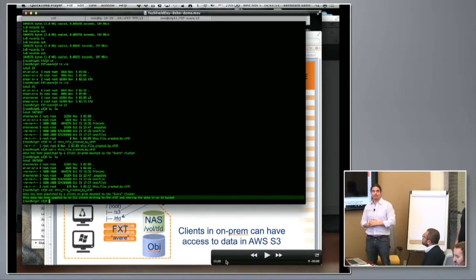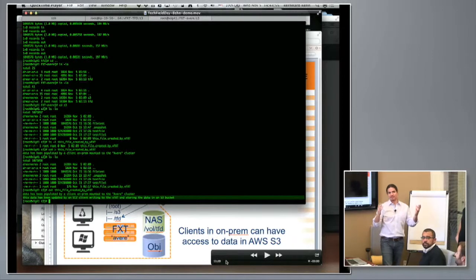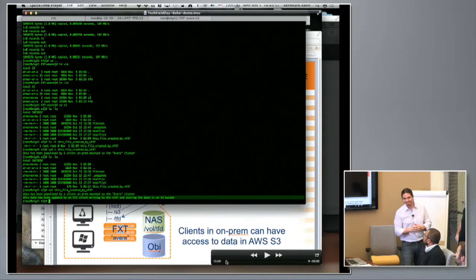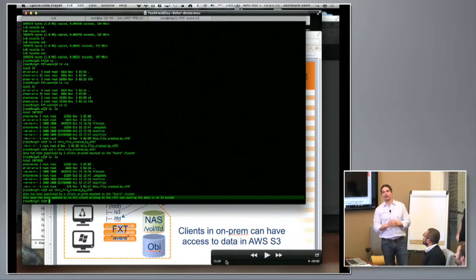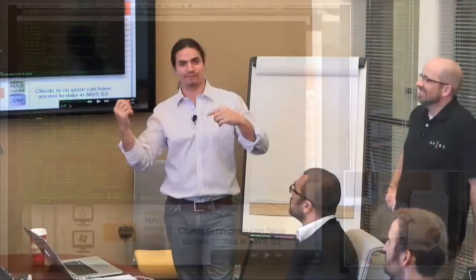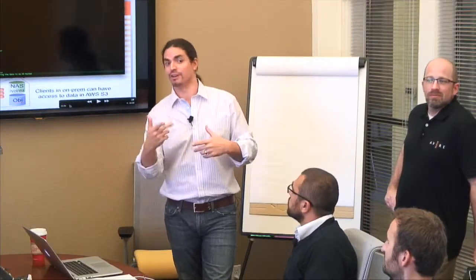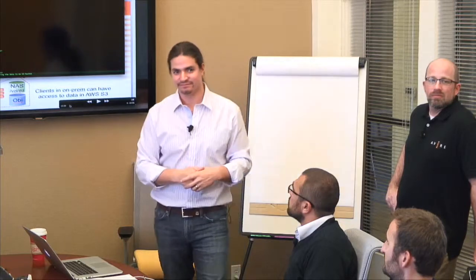So what happens when they both try to write to the same file at the same time? Typical NFS semantics, right? First one in wins? Well, yeah, I mean, it depends on the offsets, right? If they're both writing for the same offset, the last one in wins, right? That's NFS. Now in this solution, if the EC2 instances went down, what would happen with the